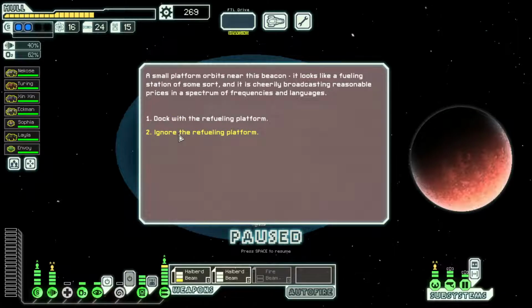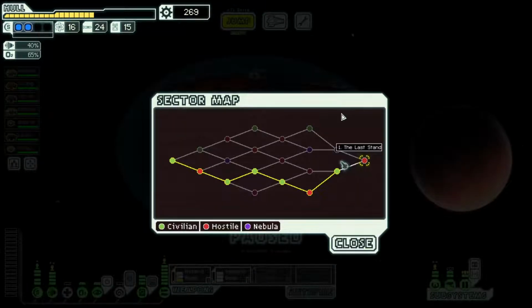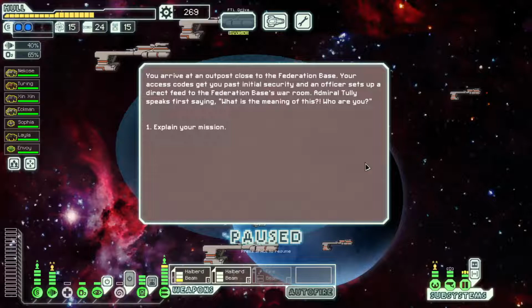I think the only thing that we can get here is fuel, and we don't need any fuel, so we're going to just skip that, and we're going to go to our next sector. All right, we made it here. We still need a lot of scrap, so